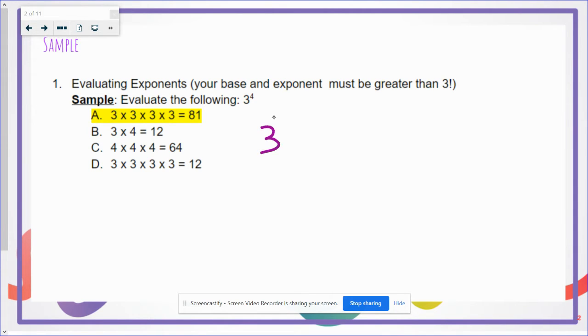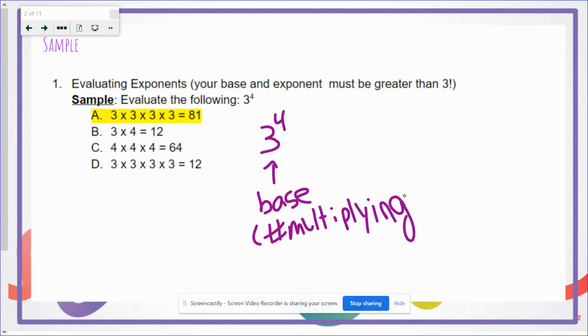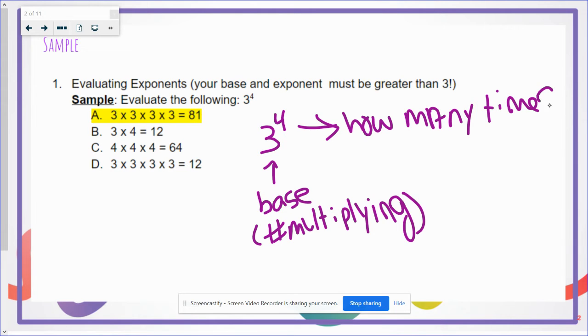If we remember, every exponent expression has a base, which is the number you're multiplying, and our exponent, which is how many times we're multiplying. So in this case, 3 to the 4th power would be 3 times 3 times 3 times